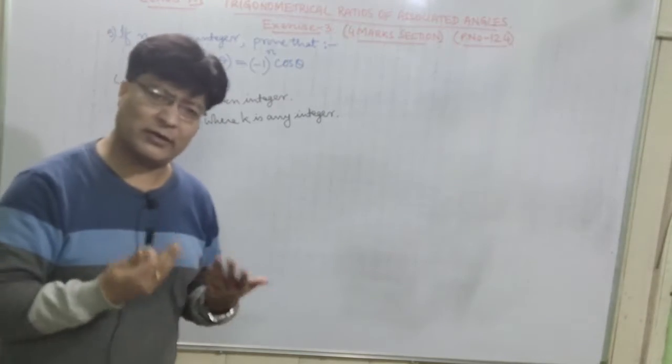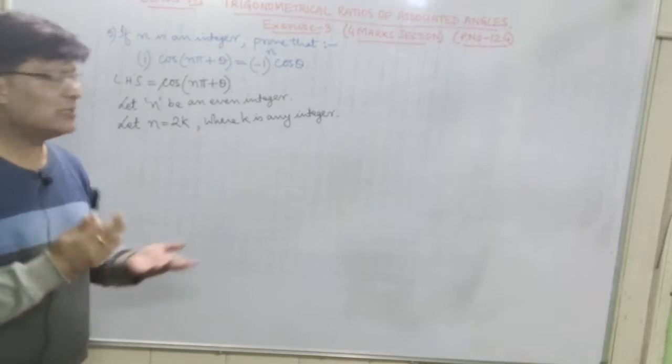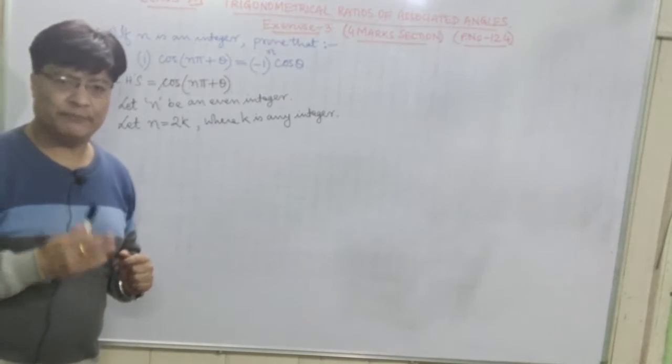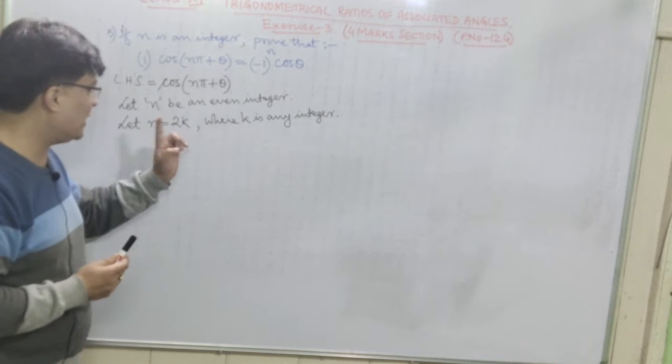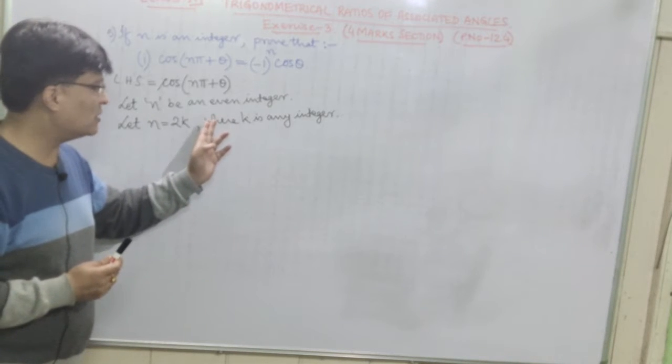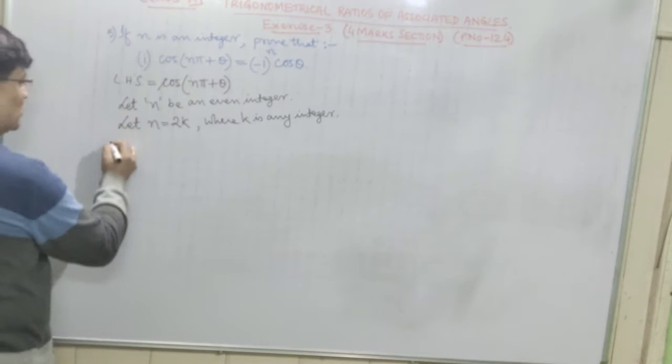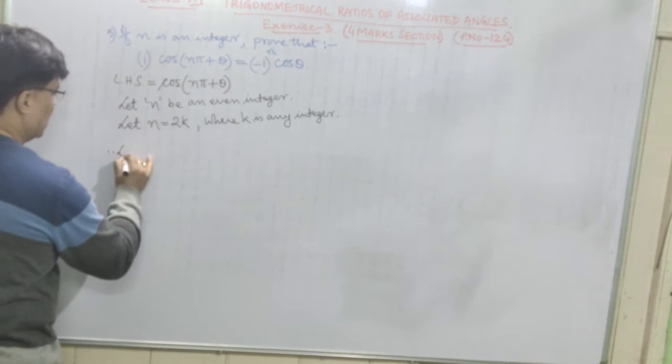It may be an even or an odd integer. If that integer is multiplied by 2, you will get an even integer. So let n = 2k be an even integer, where k is any integer. Okay, so now this left hand side